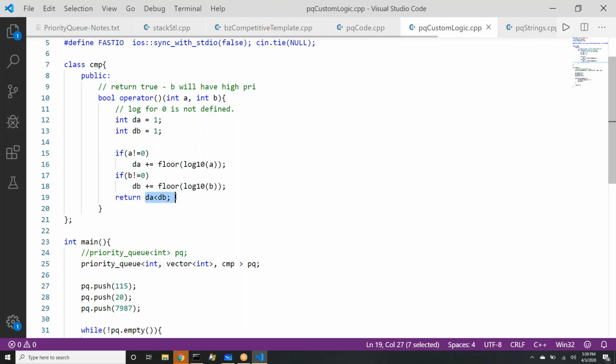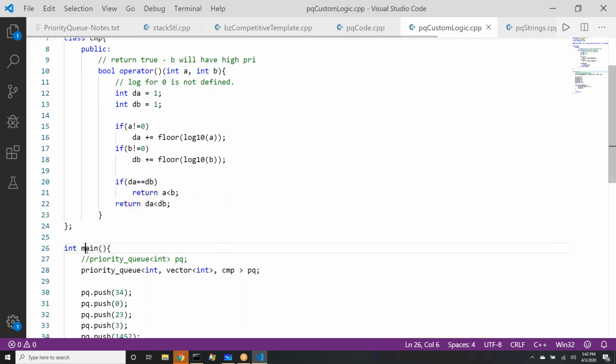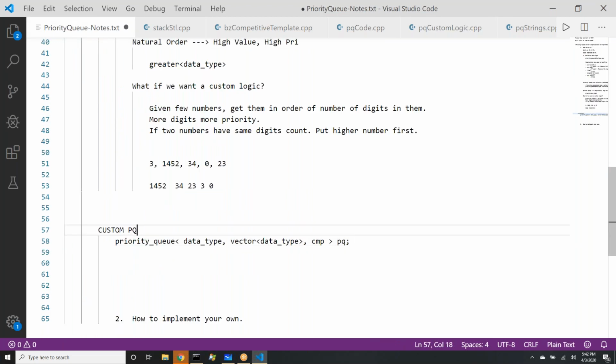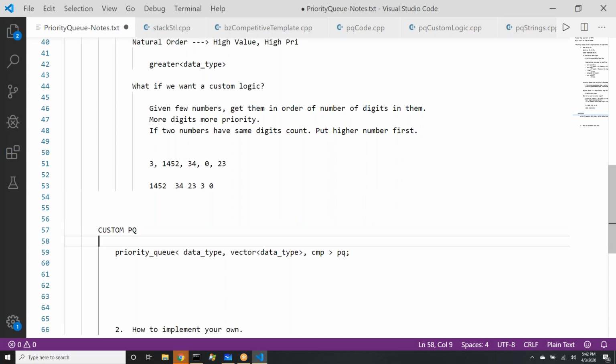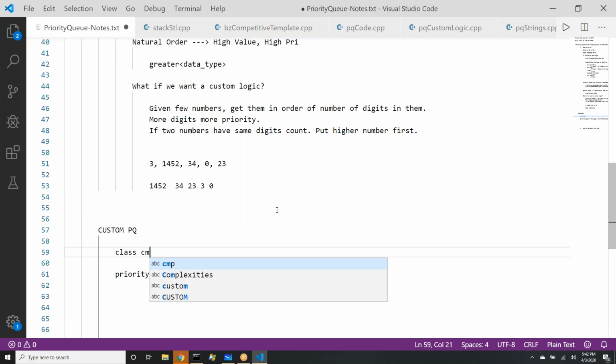Can I say that? We can directly return, if digits of B are greater than digits of A, return true. Is that correct logic? Higher number of digits will come first. If digits are different, then compare by the digit count first. You guys make sense?